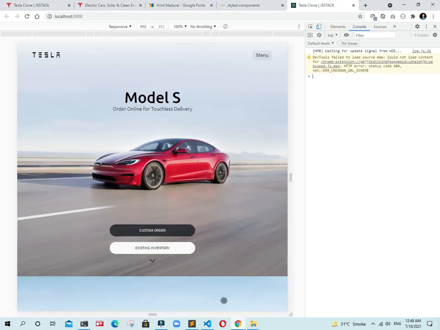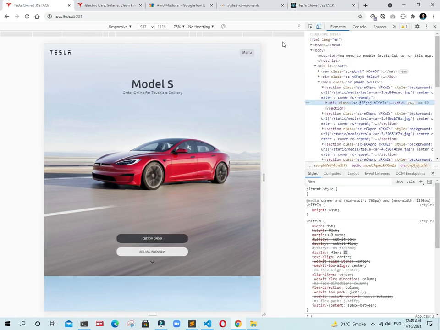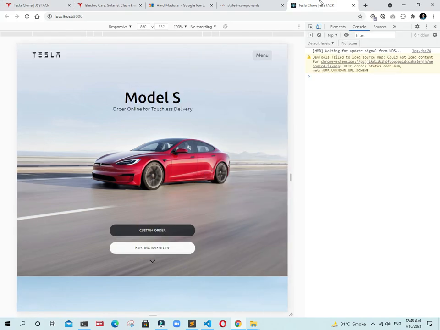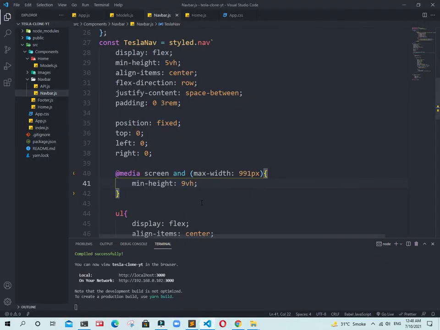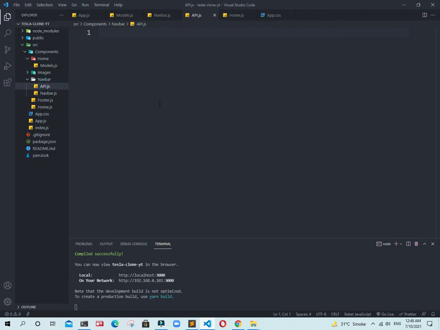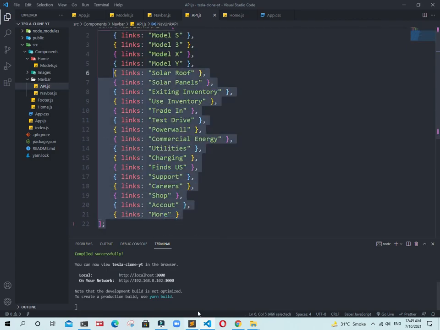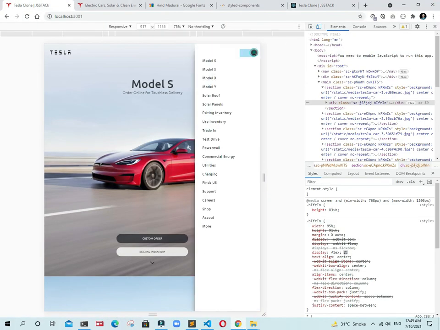It's really cool. Okay, so we need to write this code for this menu. We are working with Navlinks as the API. So go to app.js and guys, I just pasted all the JSON data, meaning all the Navlinks which are displayed in our menu.